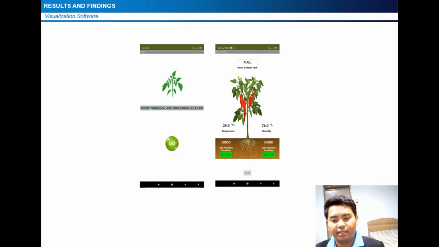While if the data inside the database is more than 0, it will display full. For the temperature and humidity, we just take the data directly from the ThingSpeak server. For the soil nutrition condition, we also make some construction of coding inside MIT App Inventor, which is if the